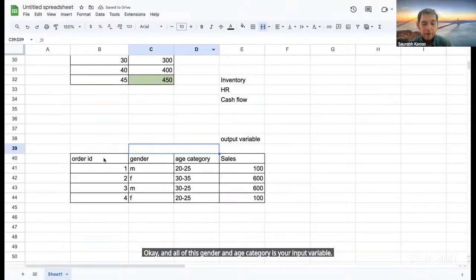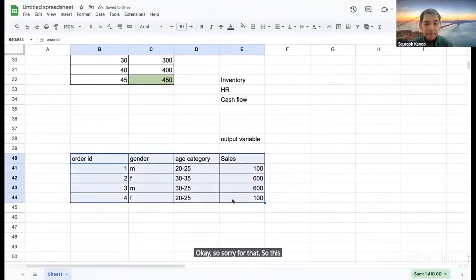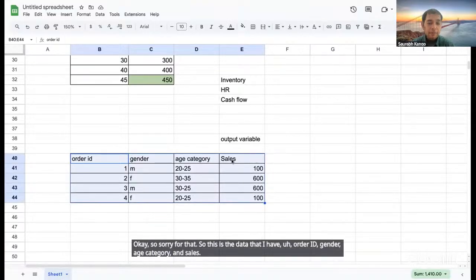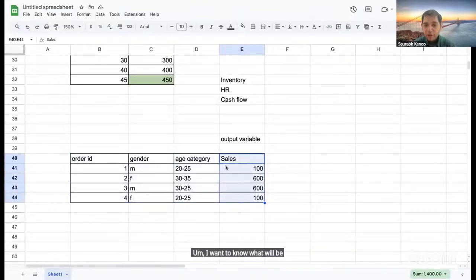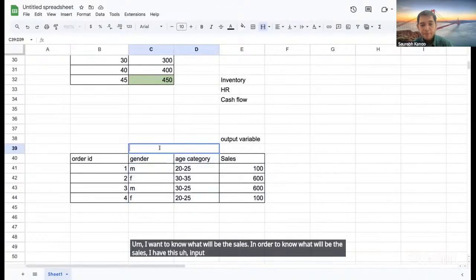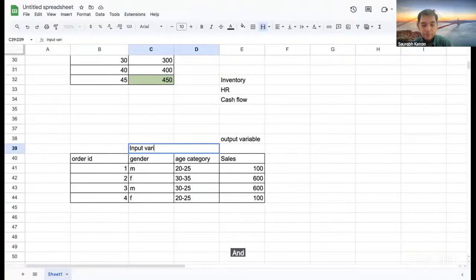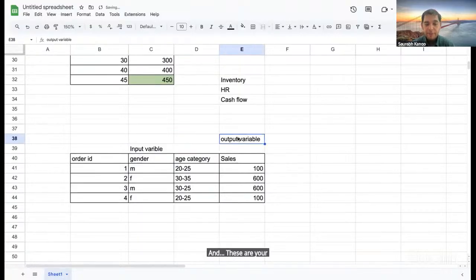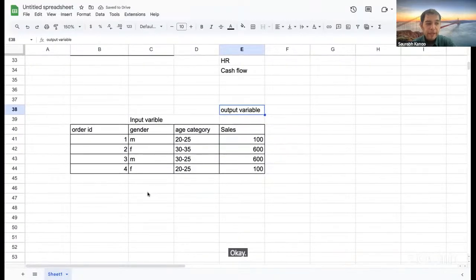So this is the data that I have: order ID, gender, age category, and sales. I want to know what will be the sales. In order to know what will be the sales, I have these input variables, and this is your output variable. Now, if you observe very carefully, extremely carefully,